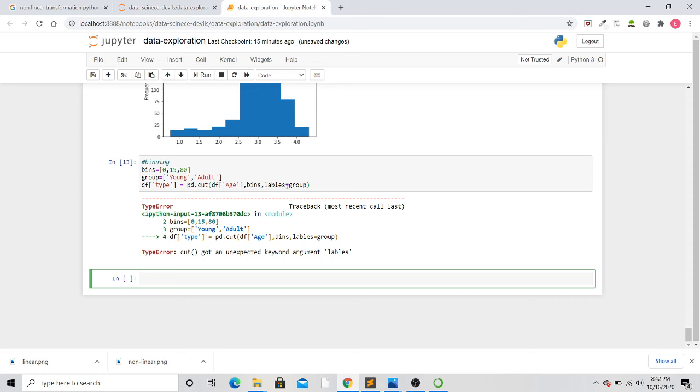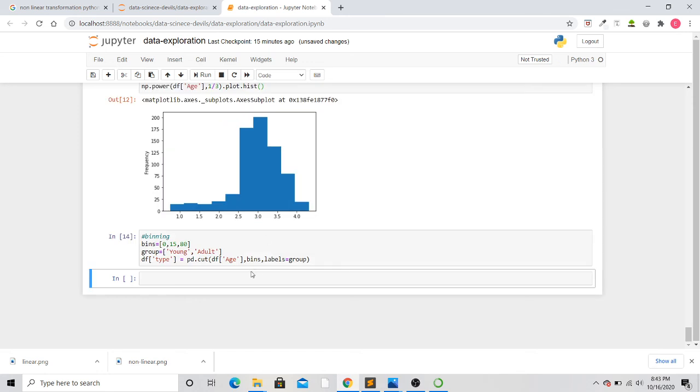Okay, so it was a typo here. Labels. Now it is done. Now in order to see our results, we will simply write df['type'].value_counts().